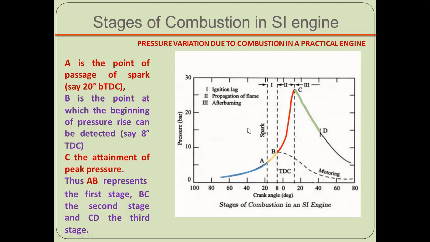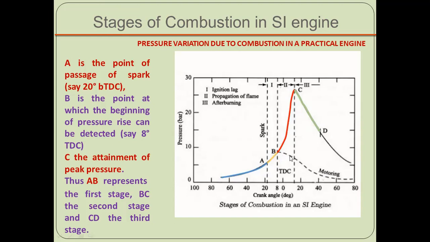Here, in the spark ignition engine, the air fuel molecules enter the combustion chamber homogeneously. At the end of the compression stroke, with the help of the spark plug, the spark ignites all the hydrocarbon molecules. The x-axis is the crank angle and the y-axis is the pressure. Before TDC, the spark plug ignites the hydrocarbon molecules, and this period is known as the ignition lag period, from point A to B. Here we can see the dotted line, which is named the motoring curve.